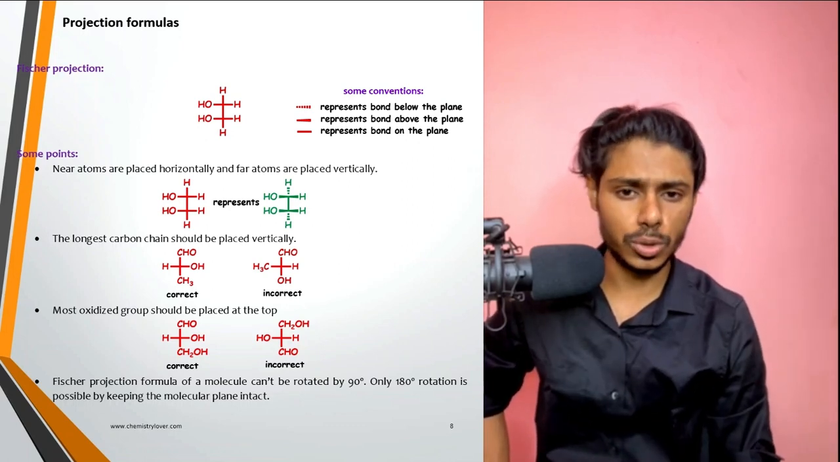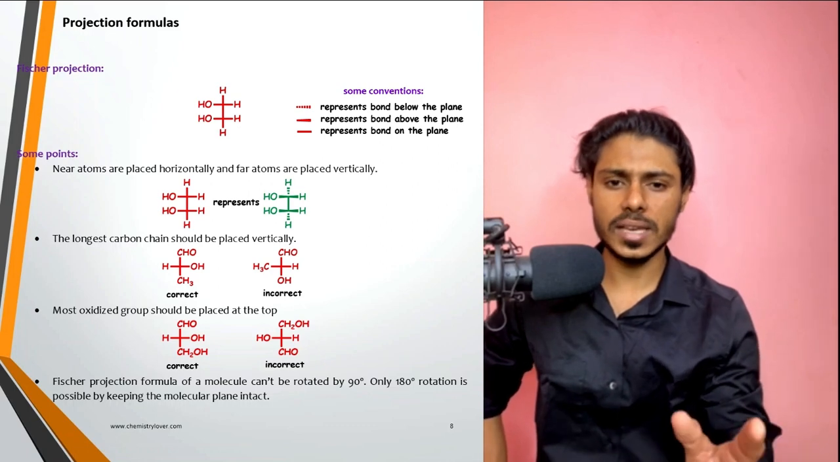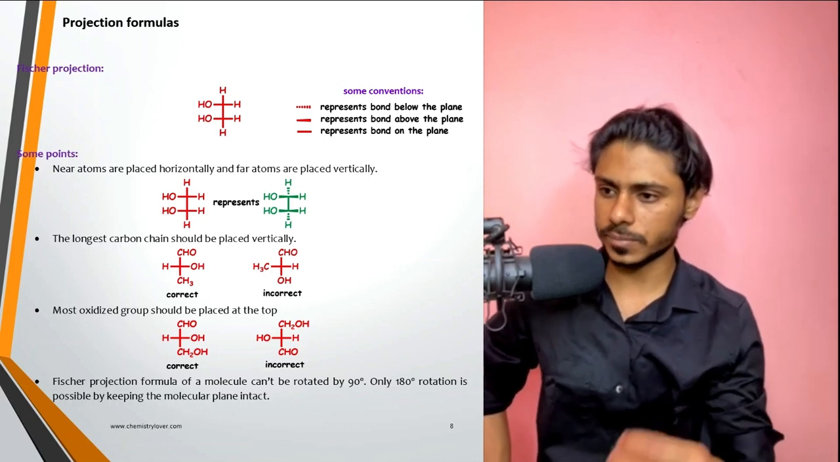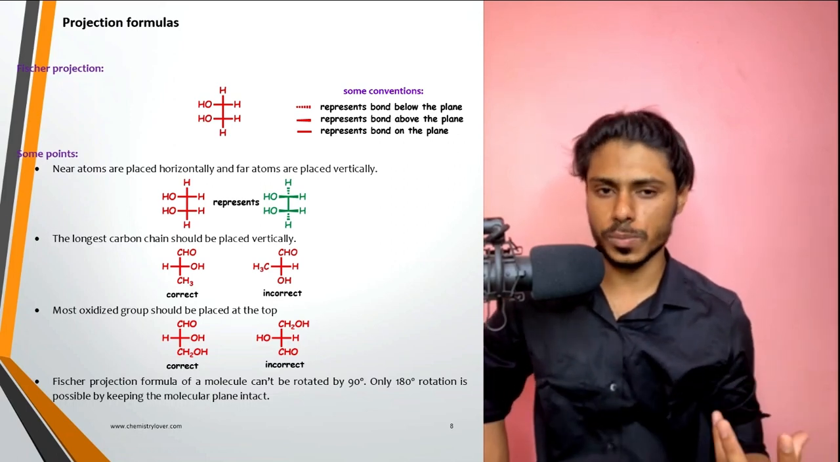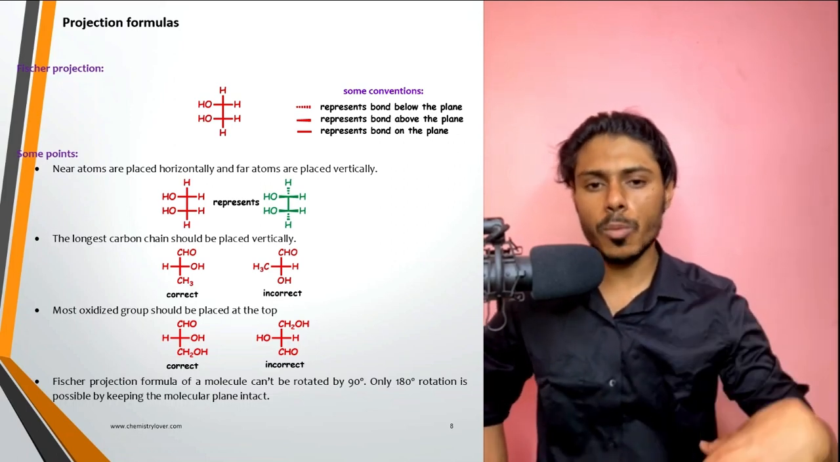So this is rule number 2. So from here we can decide which is correct and which is incorrect. Now the next rule is, if you have two different groups, then you have to place the more oxidized group